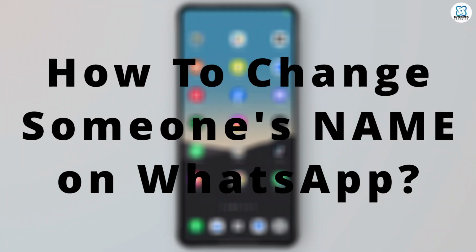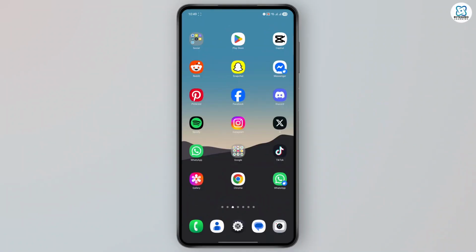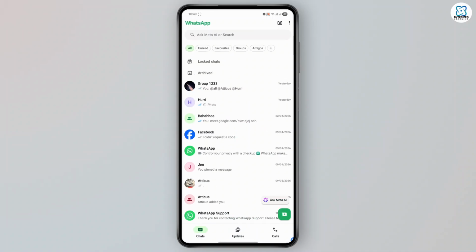How to change someone's name on WhatsApp on Android. This tutorial shows you how to edit how a contact's name appears in your chats. First, open the WhatsApp app on your Android device and find the chat of the person whose name you want